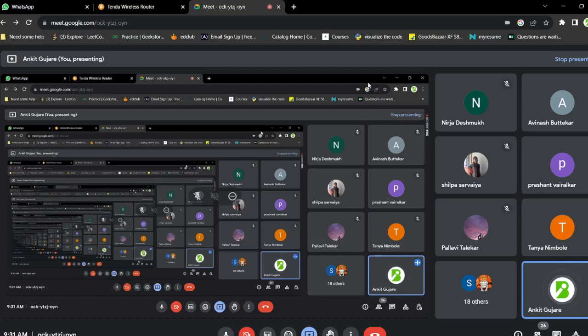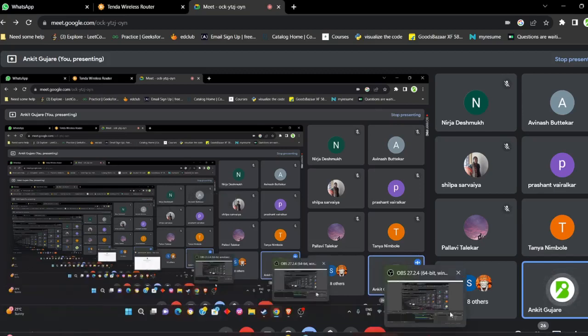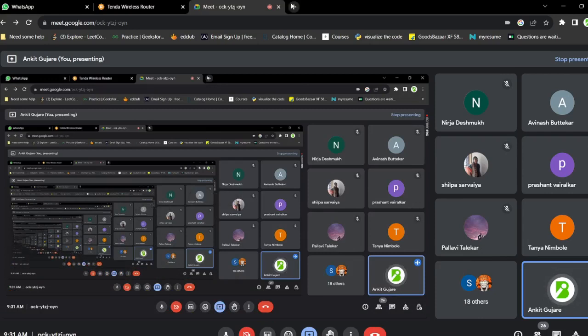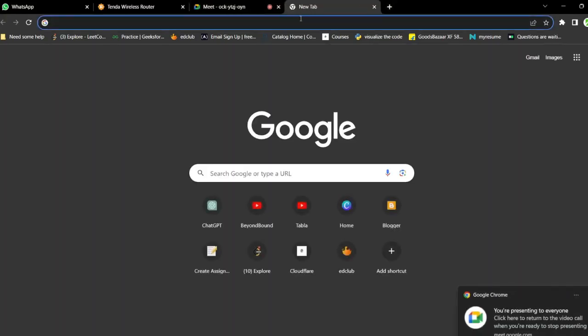So we have to download the Python IDLE. Does anyone know what Python IDLE is? IDLE means Integrated Development Environment. Is that clear? Okay. Whenever we want to execute code in any programming language, we have to download a